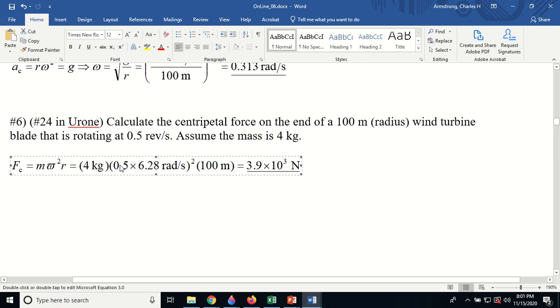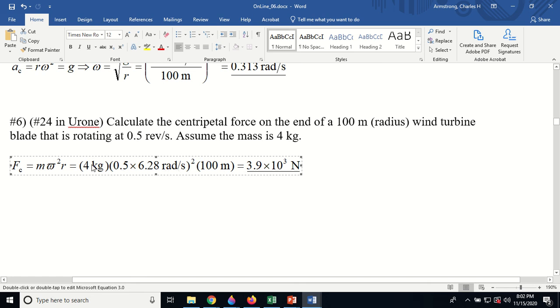So you've got the 0.5 revolutions per second. Remember, we want that in radians per second. And then the 6.28 is just 2 pi. So it's 2 pi radians per second, but pi is 3.14, double it is 6.28. They're just converting from revolutions per second to radians per second. That's all that is. Square it,